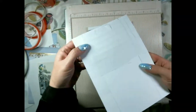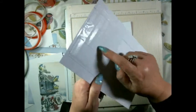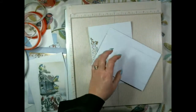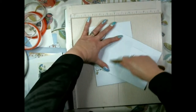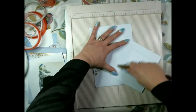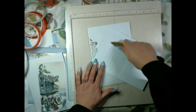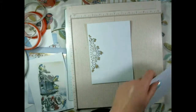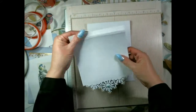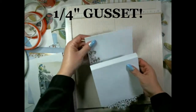Okay, it's all stuck down, and I've got my double-sided tape across the back to cover up all of that. I'm going to just go over it again quickly with my bone folder. There we go. Okay, so you'll be needing that soon, but for now, put that to one side. The next thing you're going to need is the longer piece with your 1/2 inch gusset,